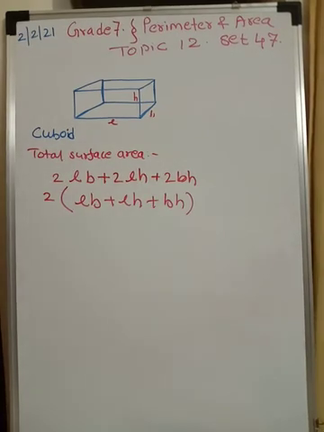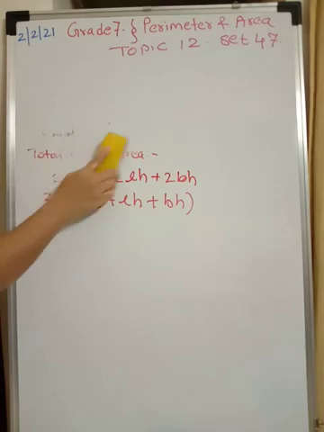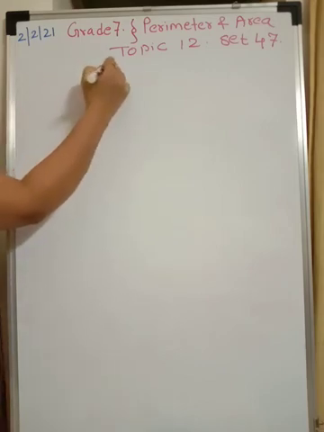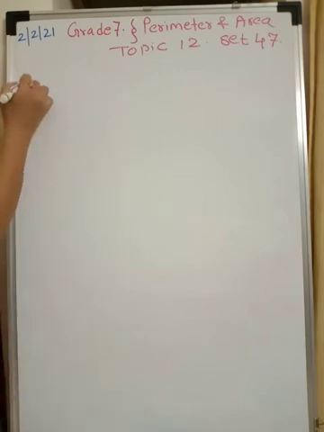That is the problem set. Again we are going back to set 47, where the first question was related to total surface area of cubes. Now we'll be doing total surface area of cuboids. So let us see what data is given. Let's go to set 47, second question. From that, we'll do the first problem.